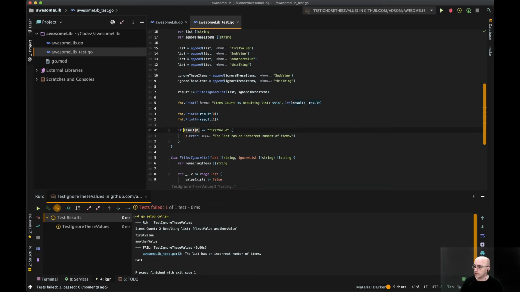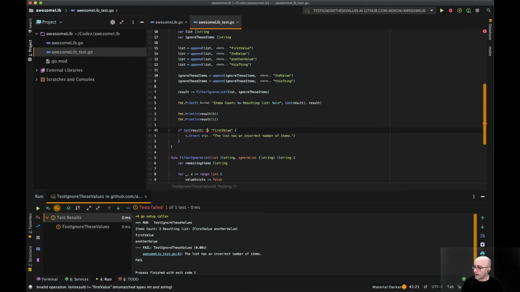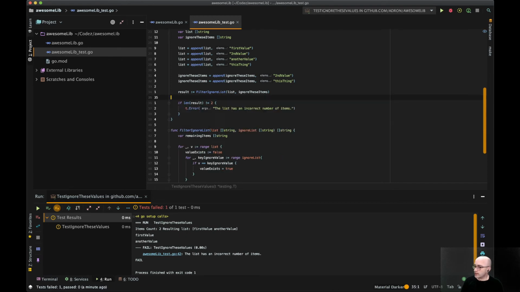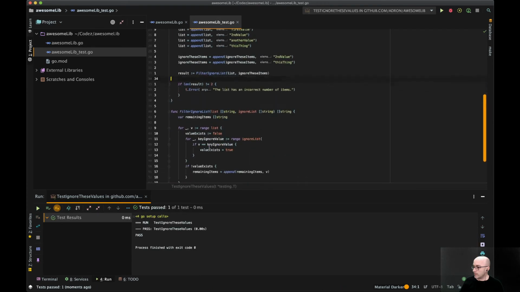Yes, it is. So we'll say length of result not equals to 2. Duh, right? So I actually had the function right. I just had the testing the wrong way, and I flipped it in my own brain. It's that dyslexia kicking my butt. So let's do that. And there we go.